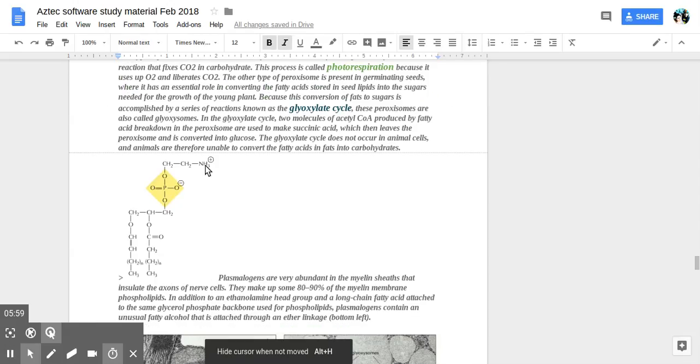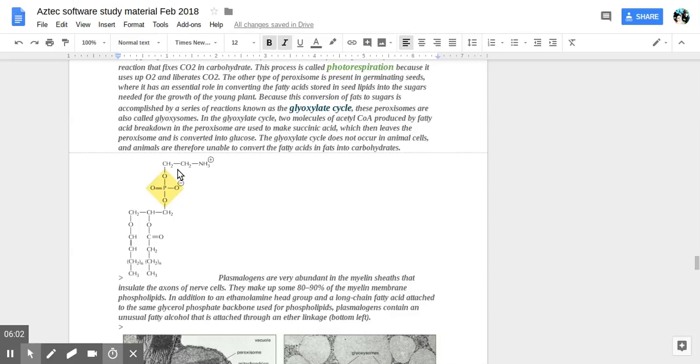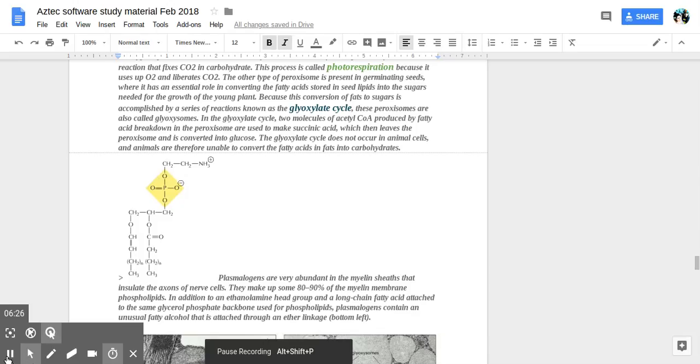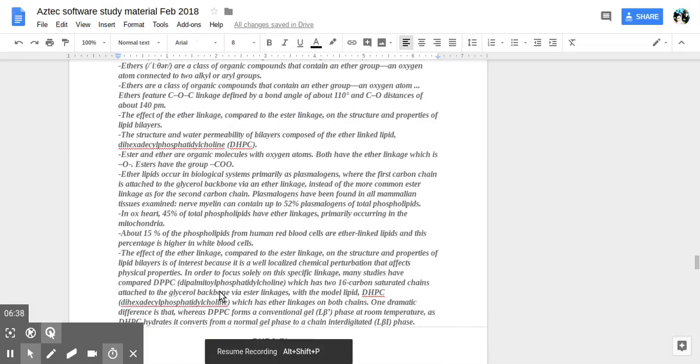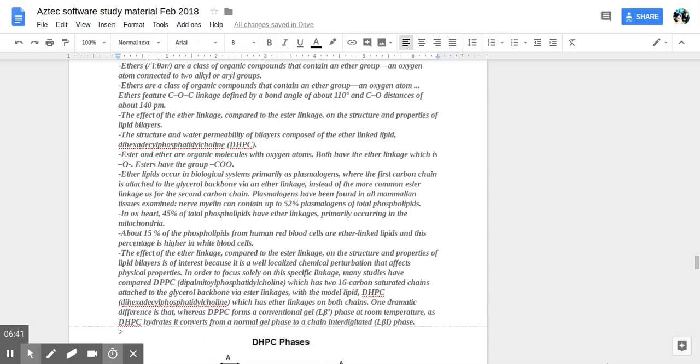Here is shown what the plasmalogens contain as the phospholipids in the myelin sheaths of nerve cells. That's the phosphate group and the fatty acid chains and the ethanolamine head group. So glycerol phosphate backbone used for phospholipids. And plasmalogens contain an unusual fatty alcohol that is attached through an ether linkage. Okay, so we're gonna learn a bit